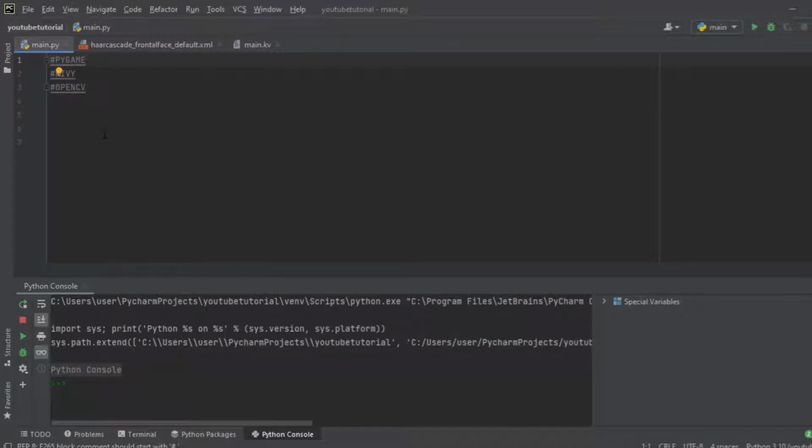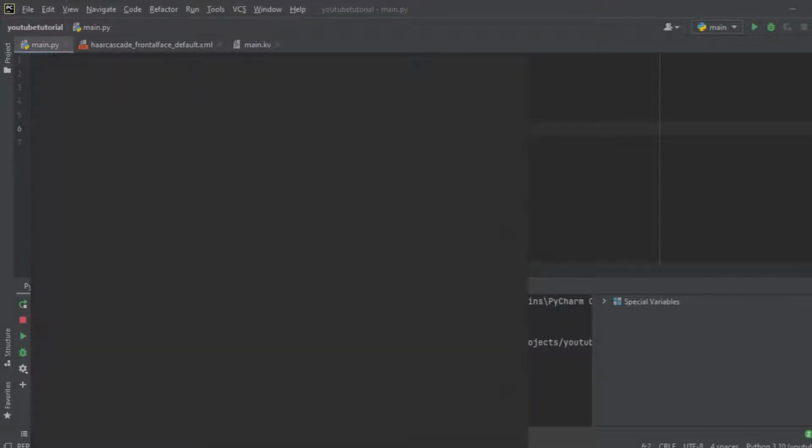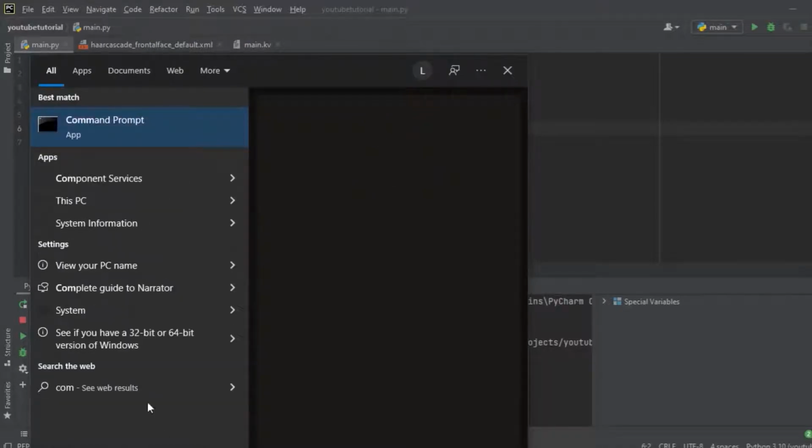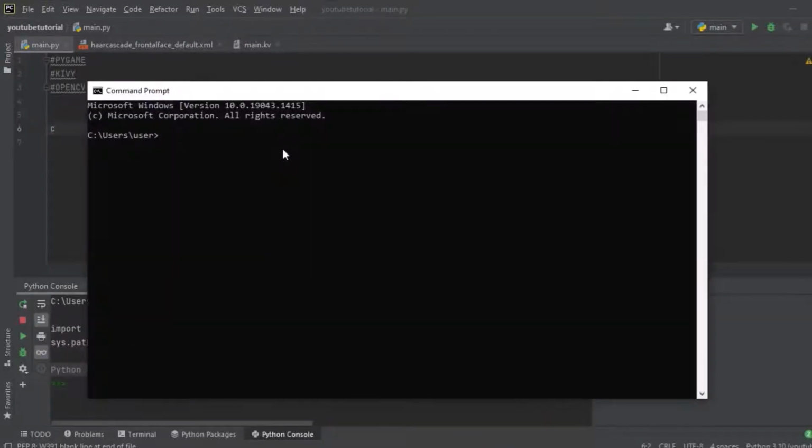So today, let's get started with our main work. We are going to install Pygame, Kivy and OpenCV packages. The usual way, whenever we want to install all these packages, is to go to the command prompt. Let me open command prompt. We just write pip install,